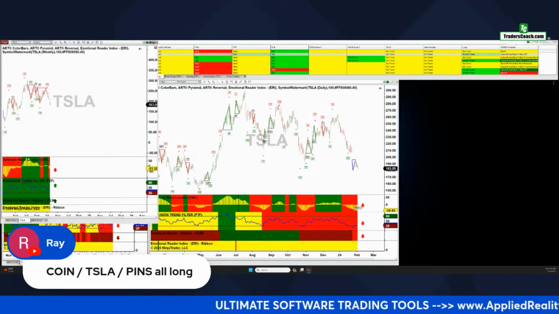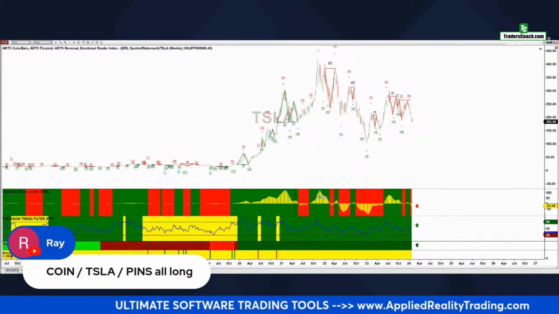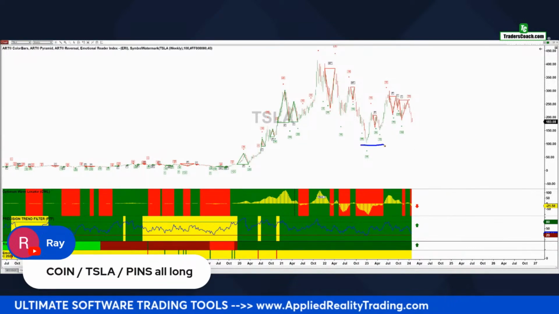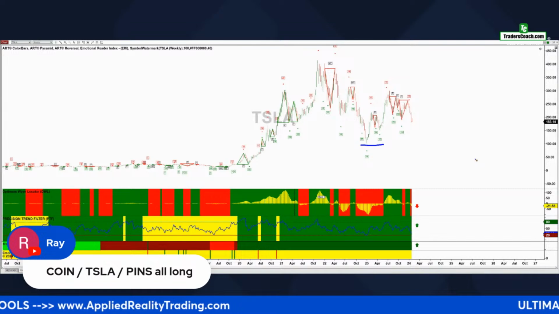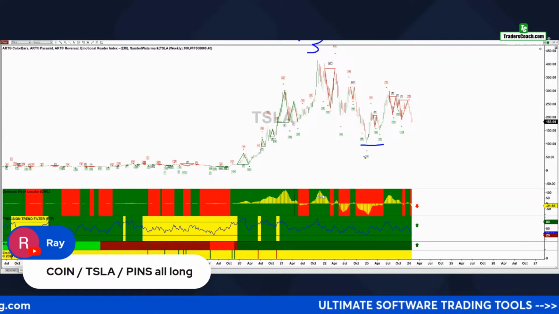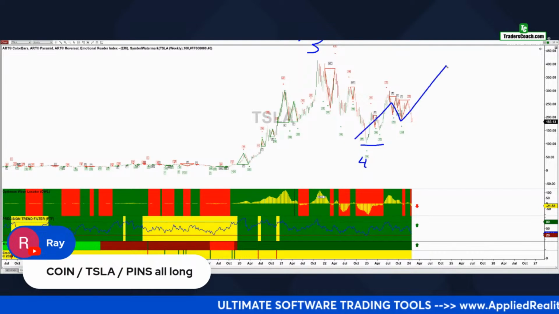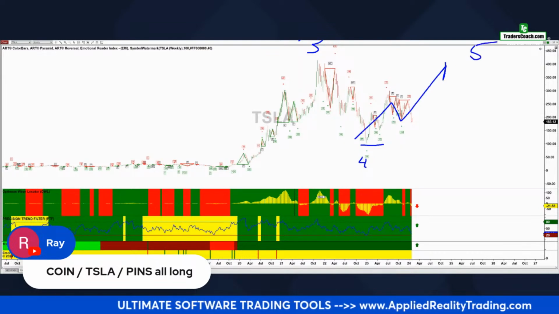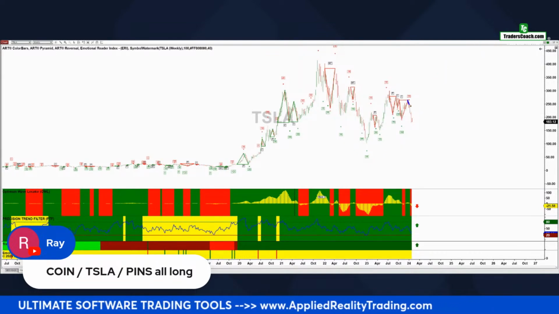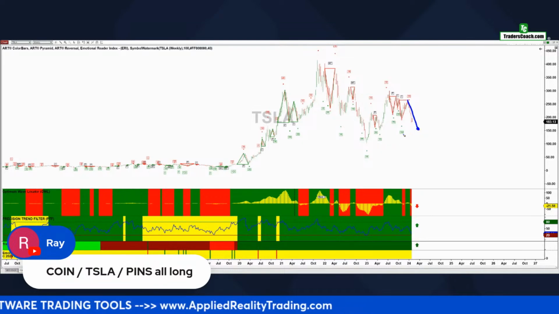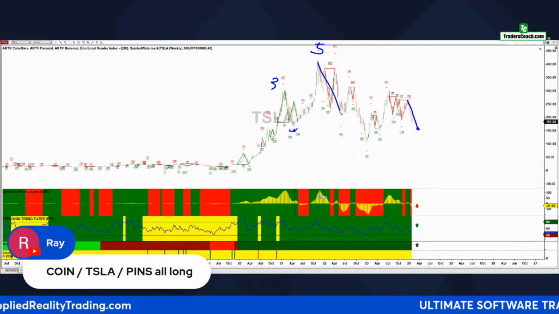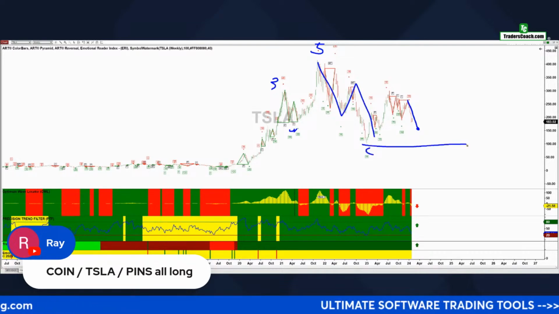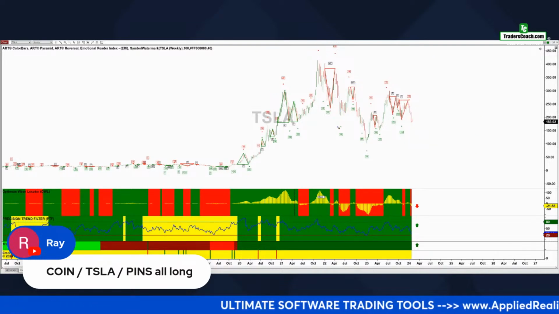Let's open up the long-term chart. So your stop's got to be under here, which is quite far, okay, for you to maybe survive this pullback. I do think if this is a 3 and this is a 4, that we could be going up to a 5 at some point, but we have a pretty nasty pullback. The other possibility here is a 3, 4, 5 and a change in trend. So this could be an ABC with a bottom here. Chances are this is a bottom.